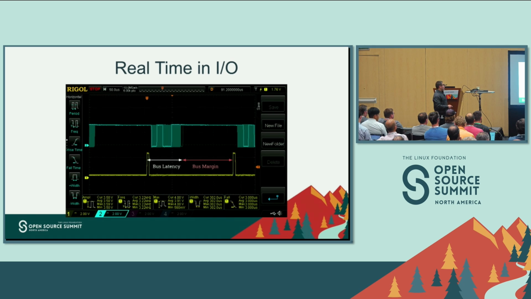So in this case, we would have a bus latency. In the worst case scenario, we can see some jittering. And the worst case kind of like would fall here. And we have some bus margin. But that's not a lot, I guess. Depends on how you tested that. If you enable Bluetooth, if you enable the networking stack, it's important to stress test that